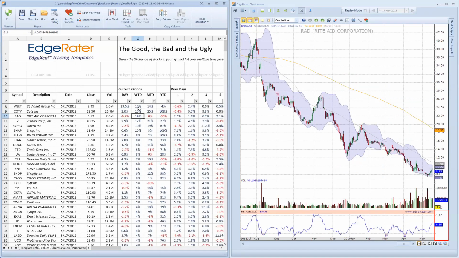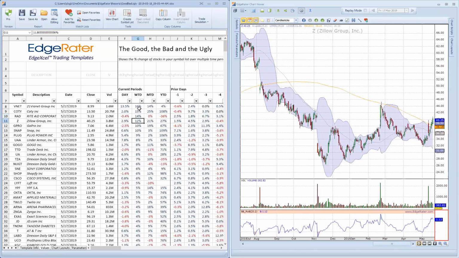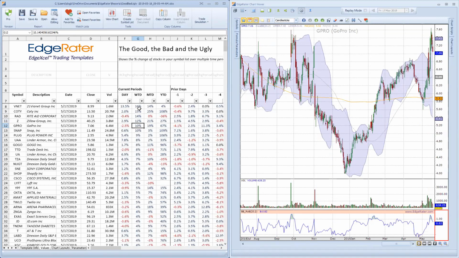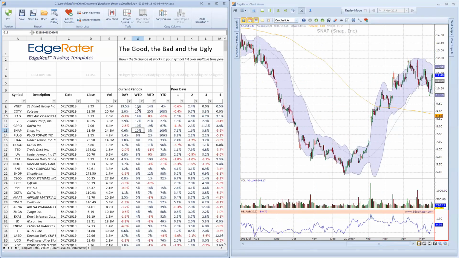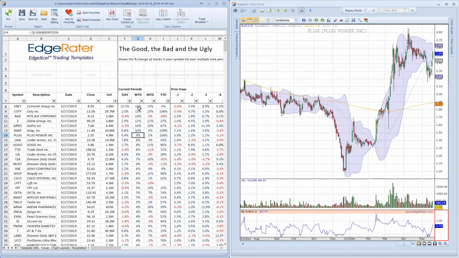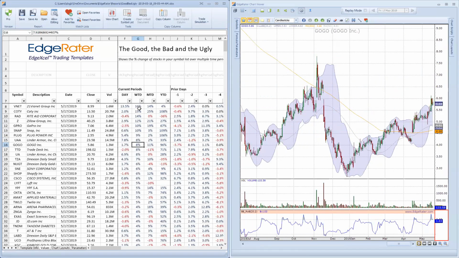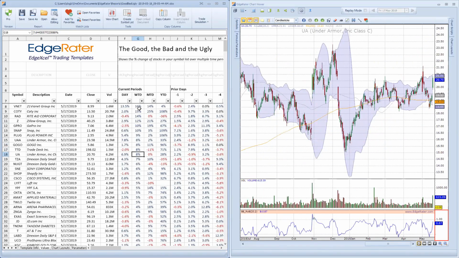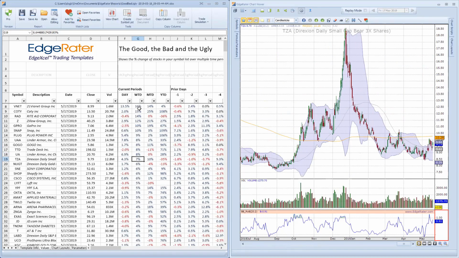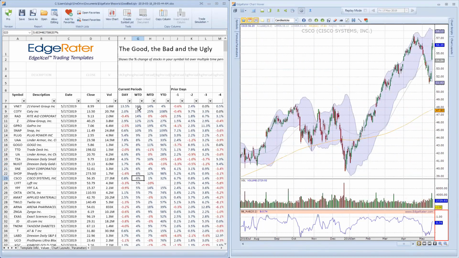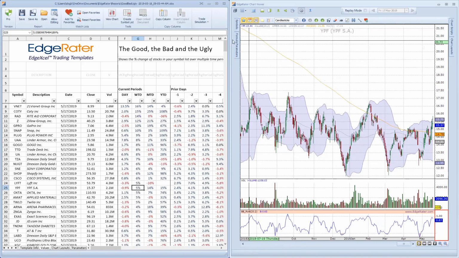Rite Aid had a little bit of a rally off of a low down here. Zillow had a pretty good week, a 12% week. GoPro had a 10% week. Snapchat, that was an IPO last year, I believe. Plug Power, Under Armour, all very familiar names, I'm sure. I find this template a good way to, first of all, just get a view of what has been happening. What I like to do is the weekly view here and just scroll down and see what's been going on in the week. But what I also find interesting in here is